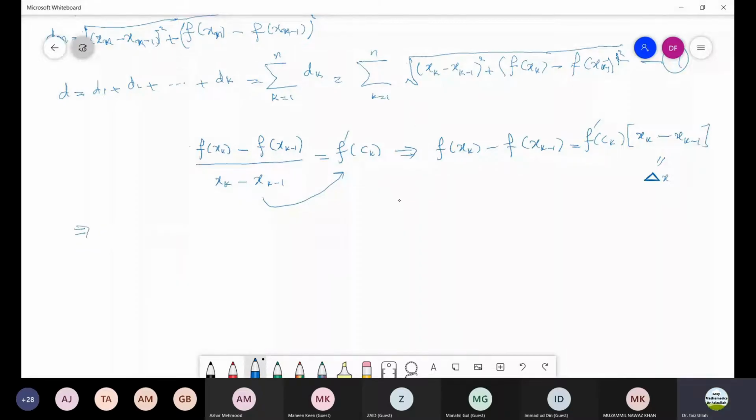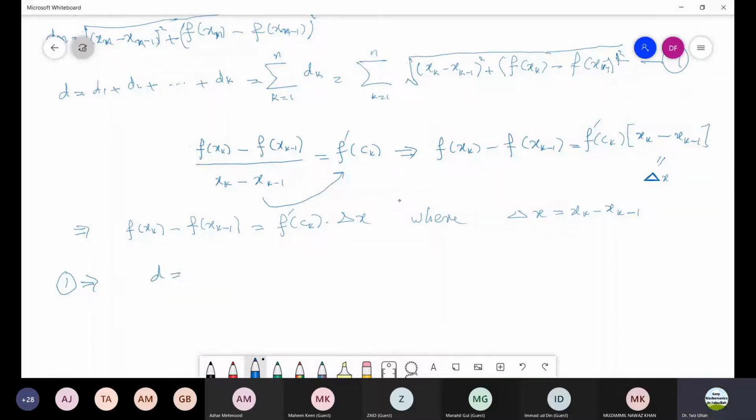This implies f(xk) minus f(xk-1) is equal to f'(ck) into delta x, where delta x is equal to xk minus xk-1. So now we put all these values in 1. So from 1 we have